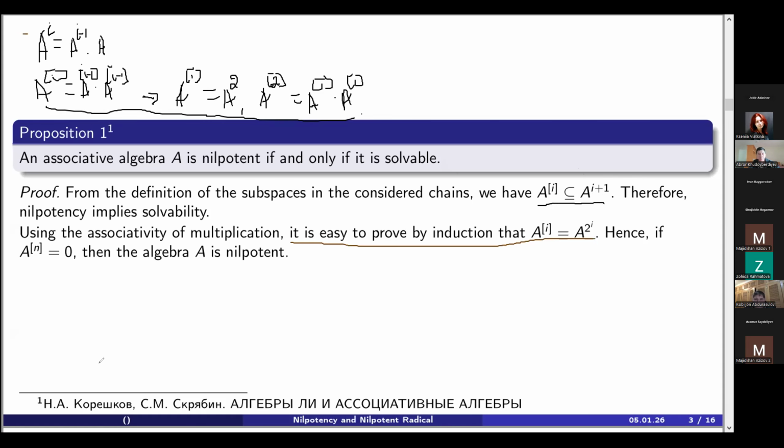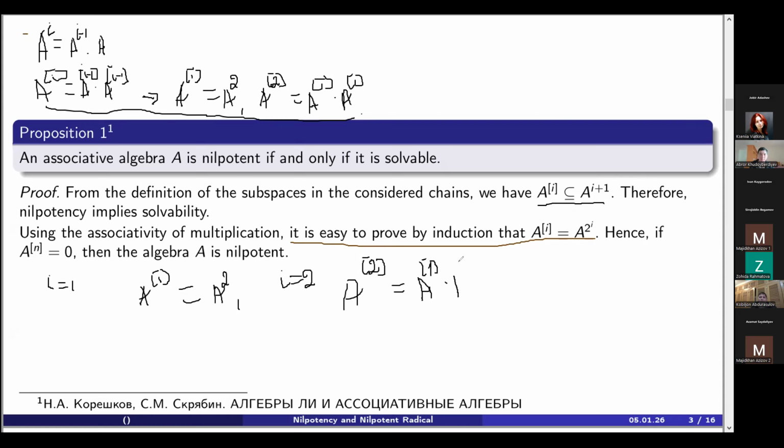Let's prove it now. a^[1] is a square by definition. And a^[2] is by definition